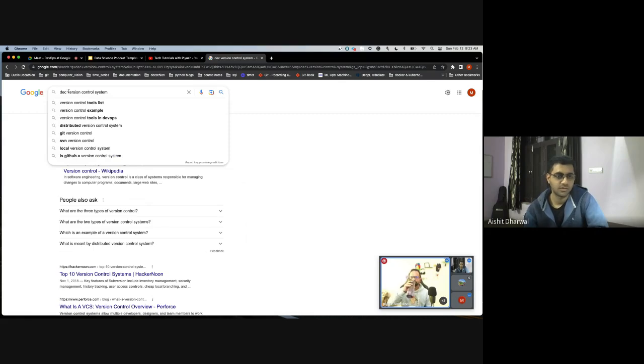Okay. So before you move on to the next tool, I just want to mention the importance of the version control system, not just in a particular field, but overall, no matter which field you go into, like software, data science, data engineering, etc. Git, or the version control system, is the most important tool that you should learn no matter which field you go into. If you don't know this, then you're behind others.